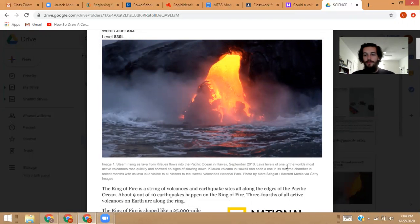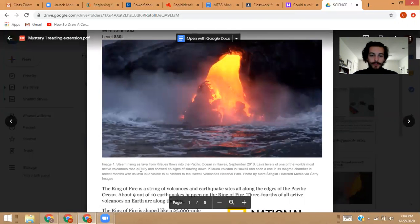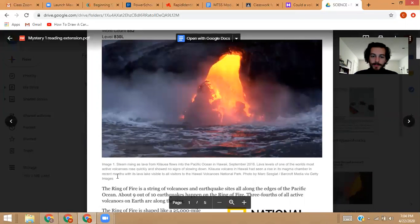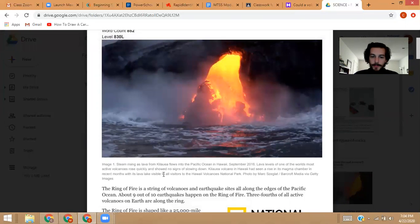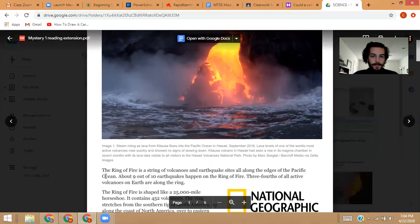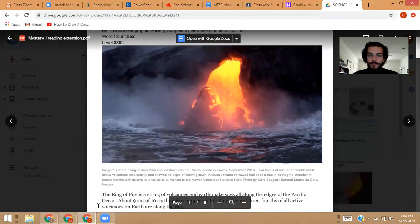So lava levels of one of the world's most active volcanoes rose quickly and showed no signs of slowing down. Kilauea volcano in Hawaii had seen a rise in its magma chamber in recent months, with this lava lake visible to all visitors to the Hawaii Volcanoes National Park. Photo by Mark Sesglat, Barcroft Media via Getty Images. This is such a cool